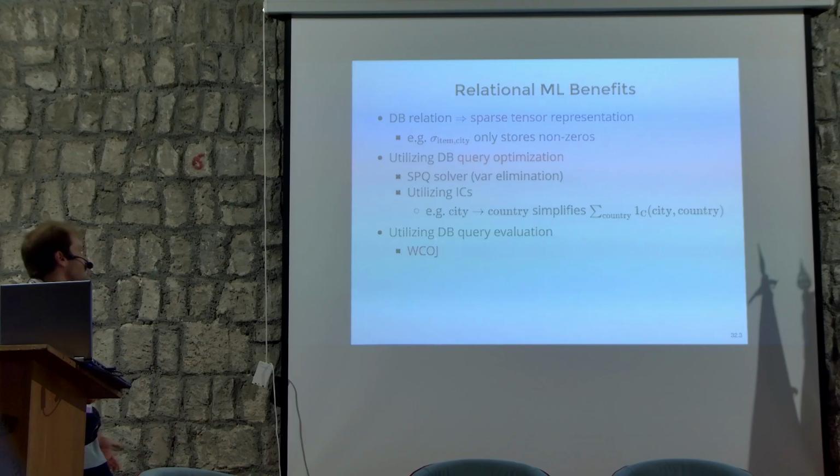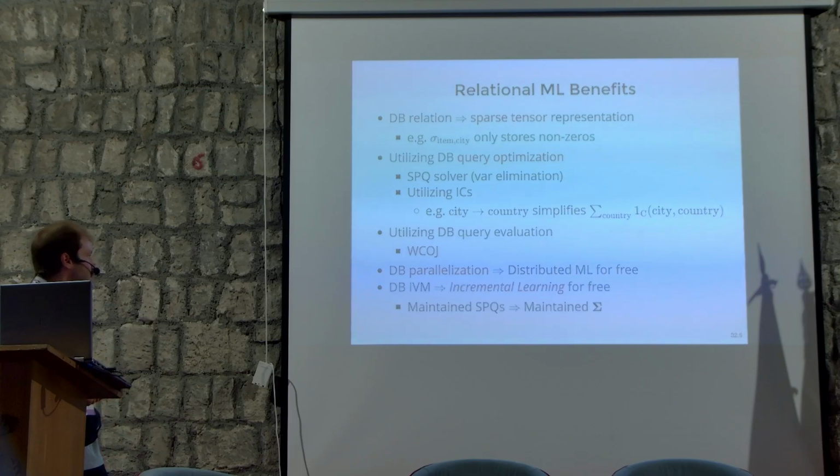So for example, if the database engine supports worst-case optimal joins, then we will basically match exactly the same complexity that we have seen earlier that is implied by the SPQ width. In addition, just because we are encoding our computation as a collection of database queries, most database engines support parallelization, and as a result, our machine learning algorithm will be parallelized for free out of the box. We don't have to worry about parallelization. We are just encoding our machine learning algorithm as a series of database queries, and we are leaving the rest